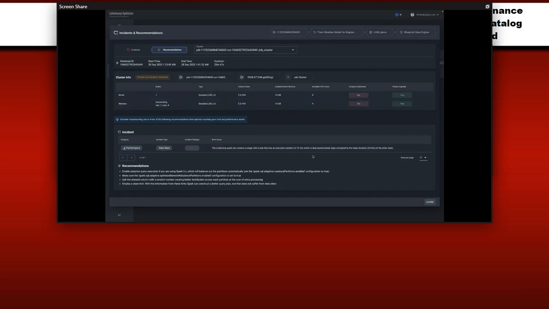So it found here that we had a Spark task that executed for about 33 seconds. The average was 25. So that gives an indication that perhaps there is an issue with the way that data has been partitioned. We have some specific recommendations to help ensure that that doesn't occur as well. It's a great opportunity to also improve the speed and performance of this job and make sure that it runs in a more healthy pattern.